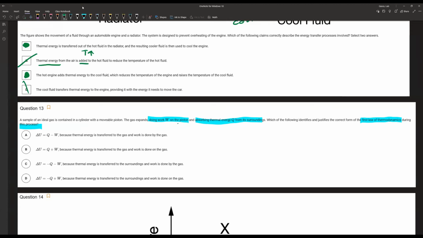And then it's also absorbing energy. So what's going to happen? Well, if the gas is doing work, it is losing its internal energy. It's relieving itself, if you will. So we're going to want to do,